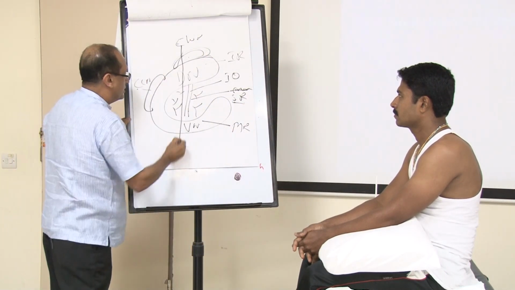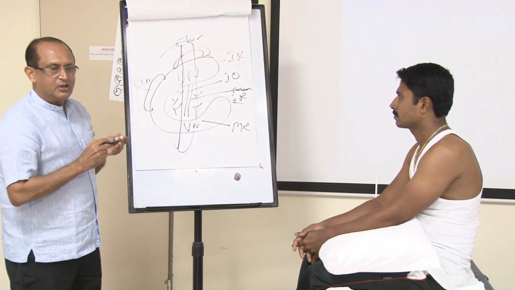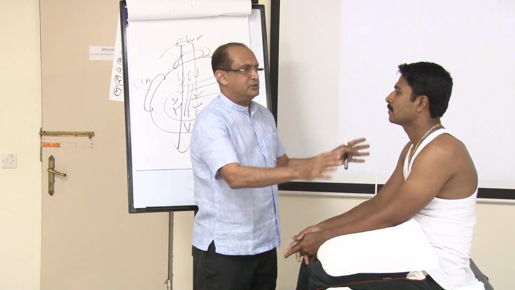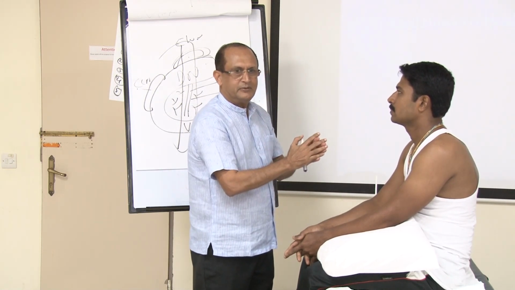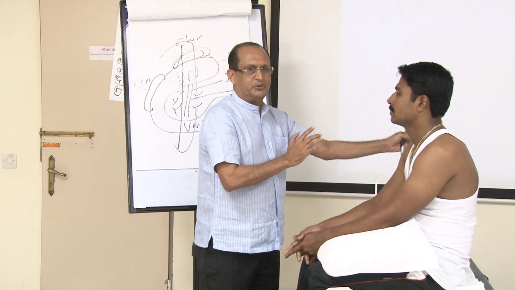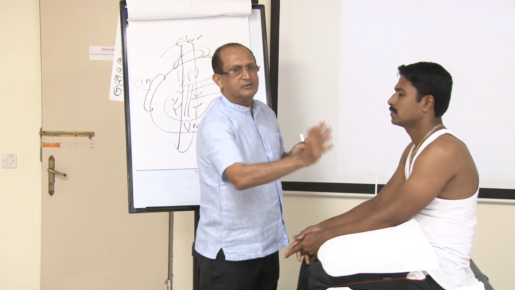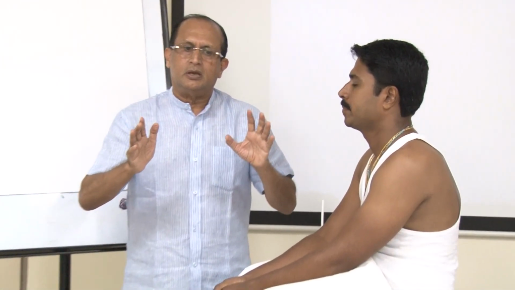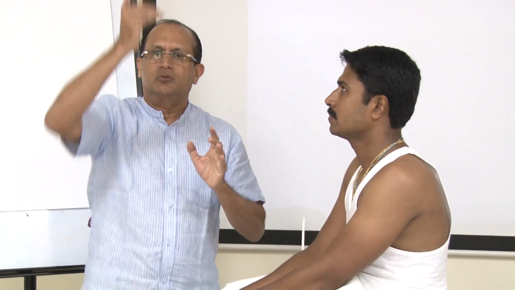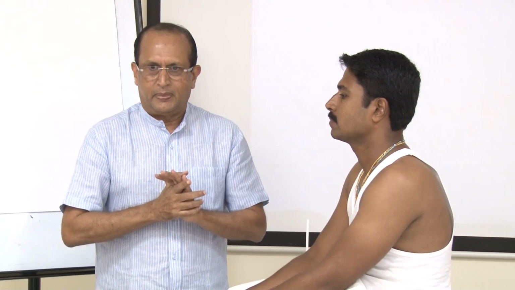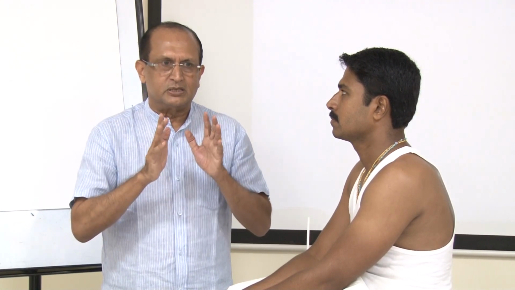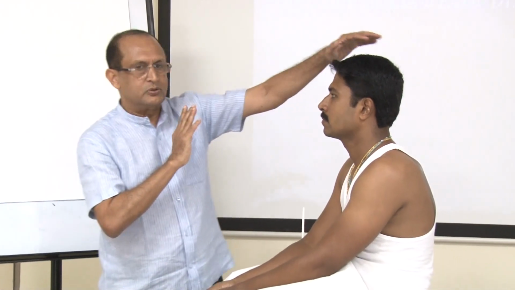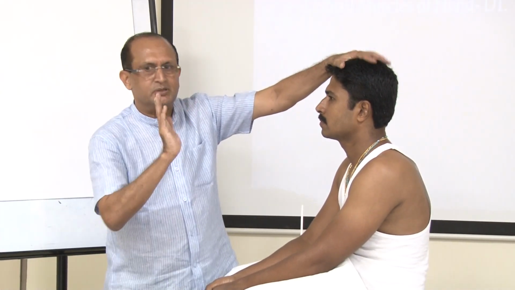So if there is a nuclear lesion of the third nerve, what will happen? The patient will have bilateral ptosis, bilateral internal ophthalmoplegia, opposite superior rectus palsy, and unilateral third nerve palsy. That is a nuclear lesion. Any cranial nerve lesion can be supranuclear, infranuclear, or nuclear. With nuclear and infranuclear lesions, the patient will complain of diplopia, double vision, especially when looking in the direction of the paralyzed muscle.